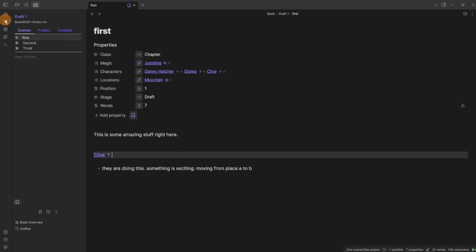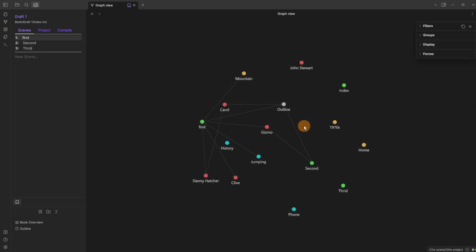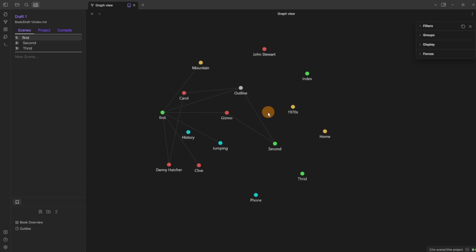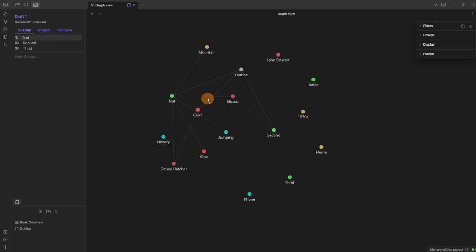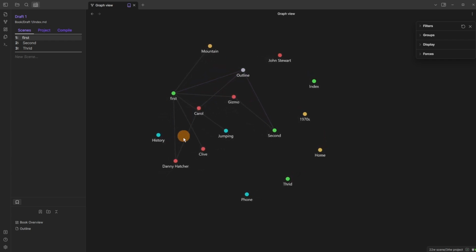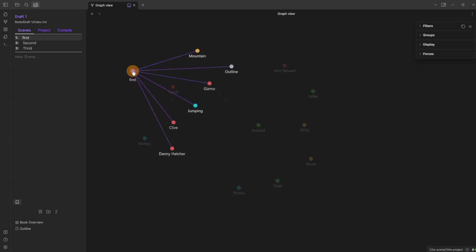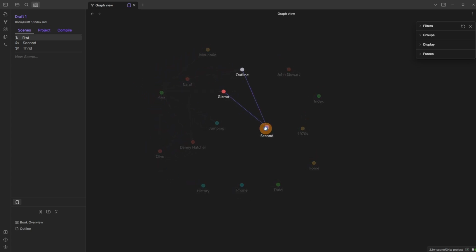And for those of you that like a visual overview, I can go to the graph, and I personally don't use this, but maybe this could be useful to some of you that are less familiar with Obsidian. You can see red is all of the characters, yellow is all of the locations, green are the chapters, and then this grey one is obviously the outline. And all of those links that I've added in properties show. So I can see inside the first chapter, that's what's going on. In the second chapter,